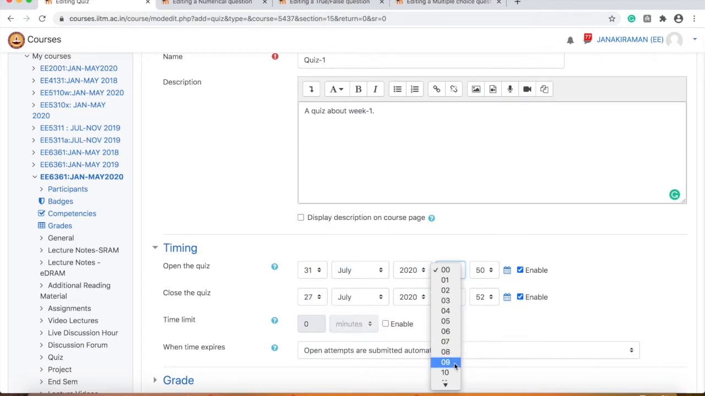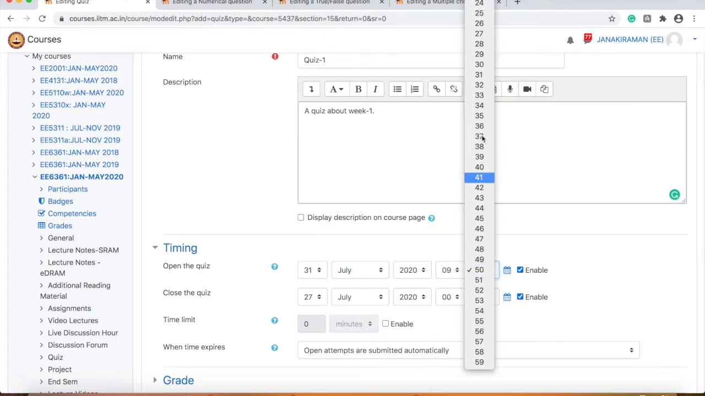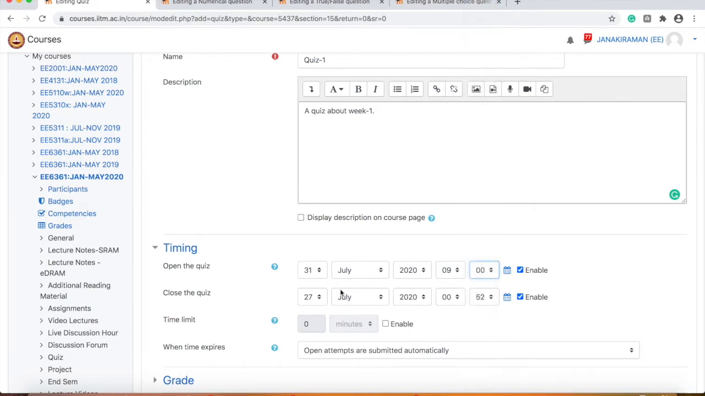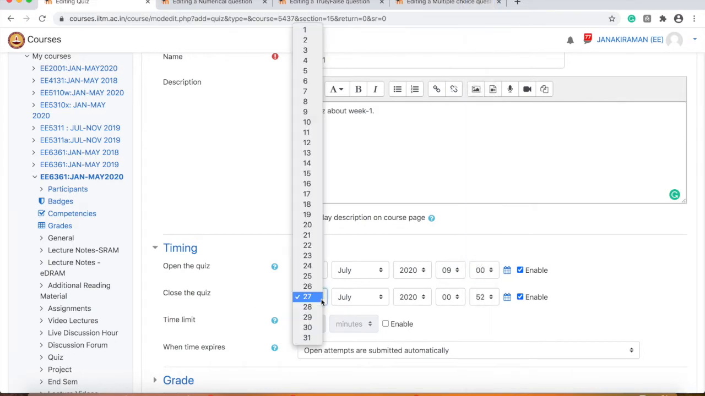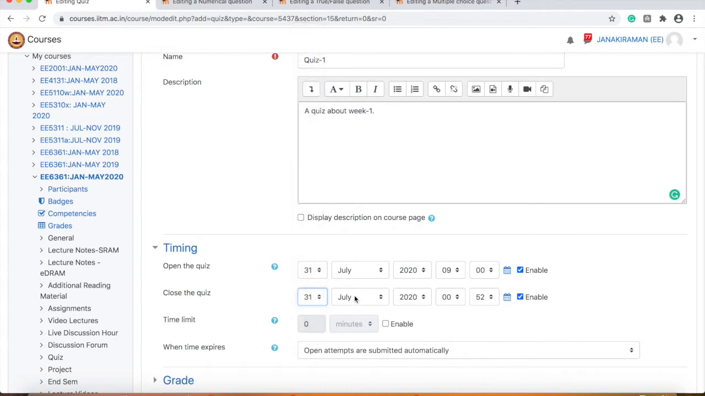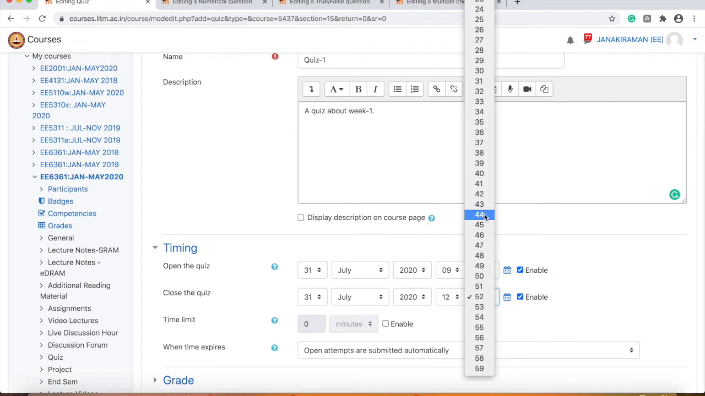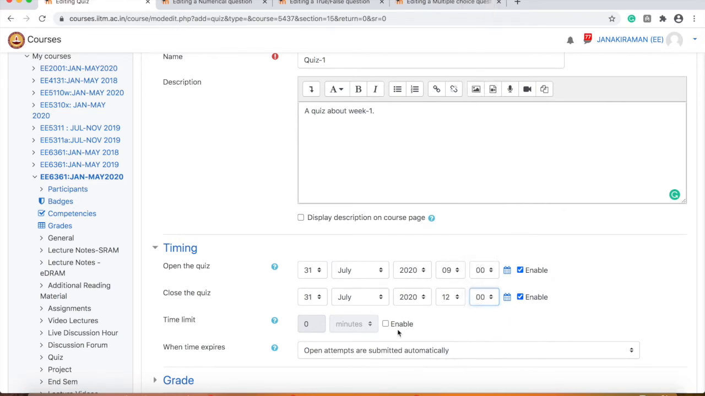And let's say I want to open it at 9 a.m. Okay, so I'll enable this. Then you have to close the quiz also, because you don't want students to take it indefinitely, right? I could again close it on 31st July at maybe 12, right? At 12 noon. Okay, and